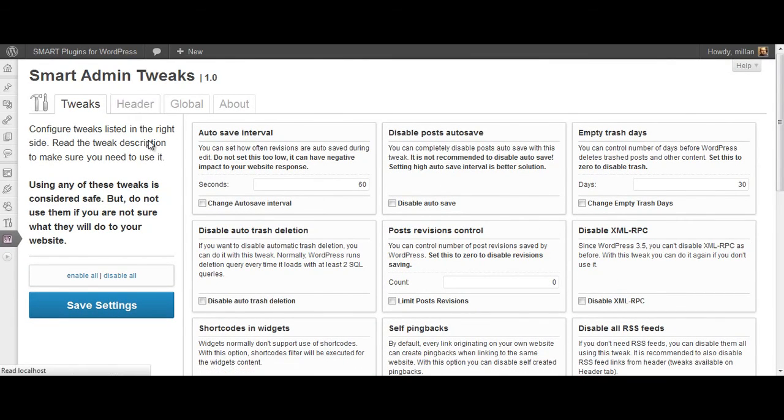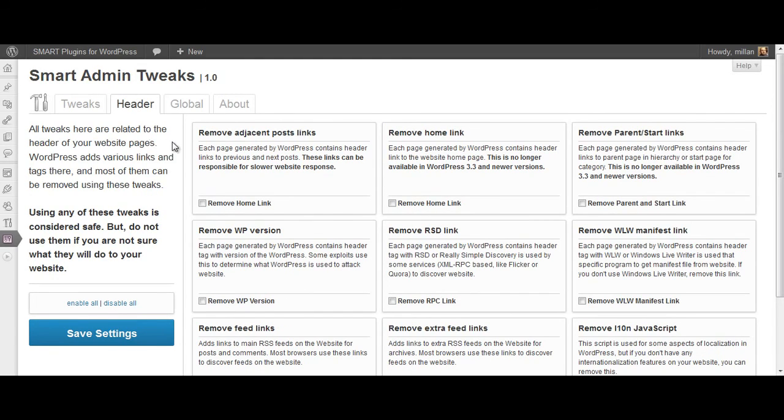Header tweaks are very interesting because they can control elements in the WordPress front end header block for each page. If you take a look